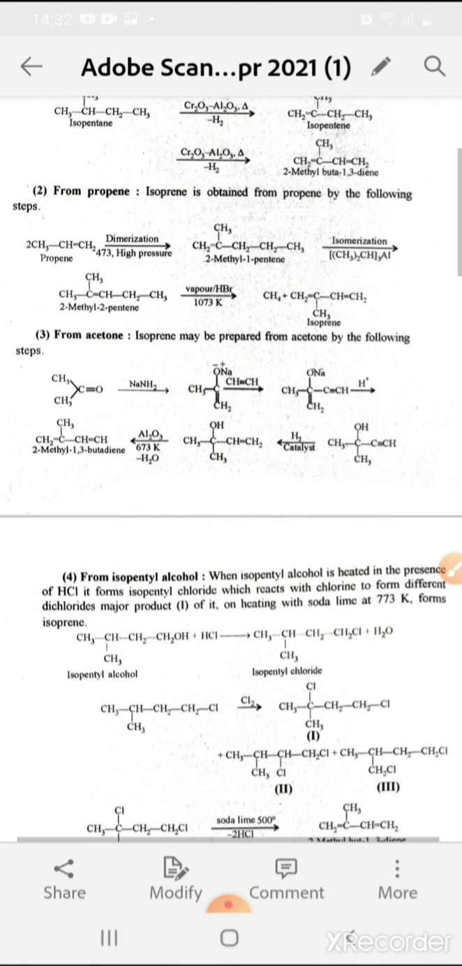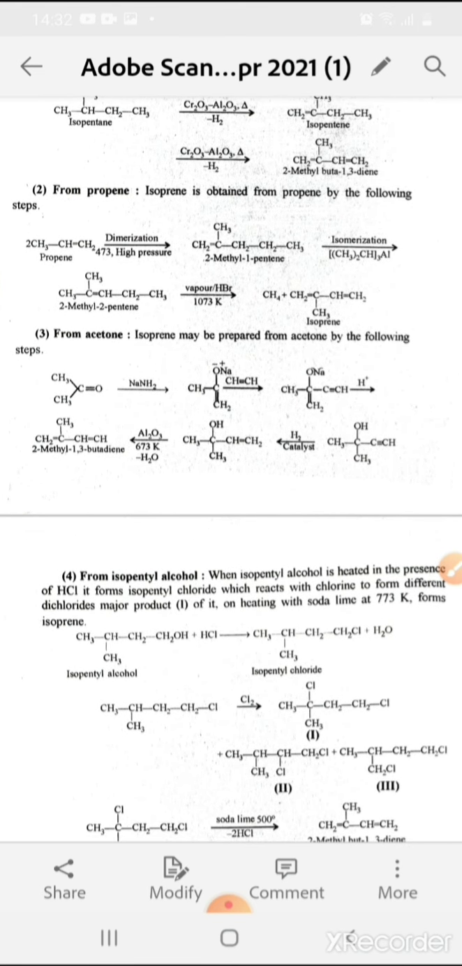The third method is from acetone. Isoprene is also prepared from acetone. Acetone first reacts with NaNH2, forms sodium adduct. Now this sodium adduct further reacts with acetylene molecule and forms adduct. Now this adduct in the presence of acidic media forms